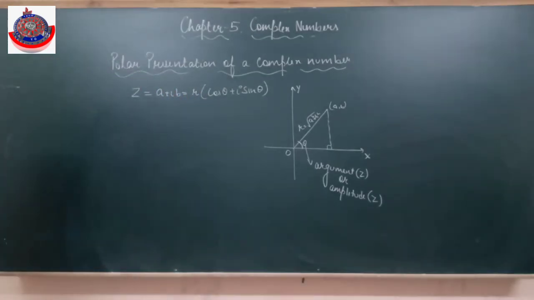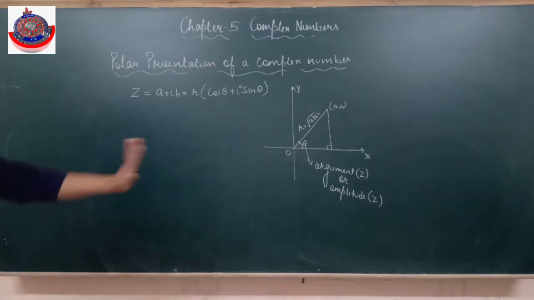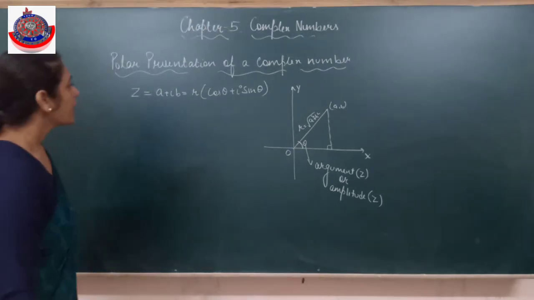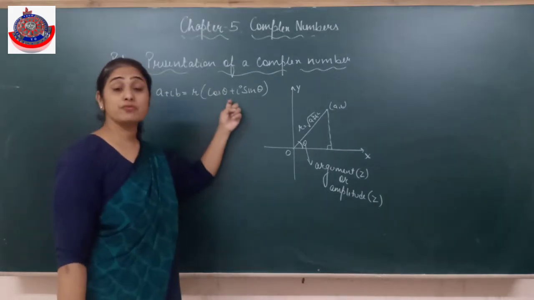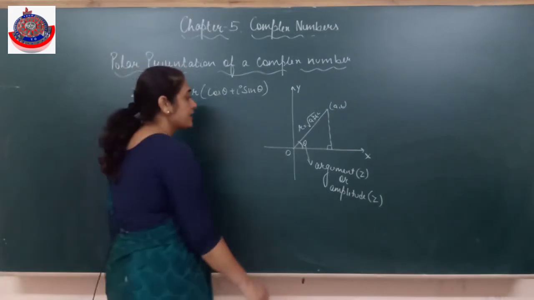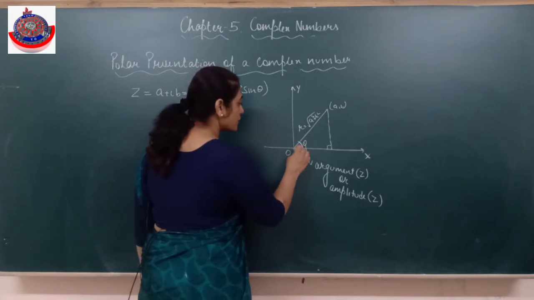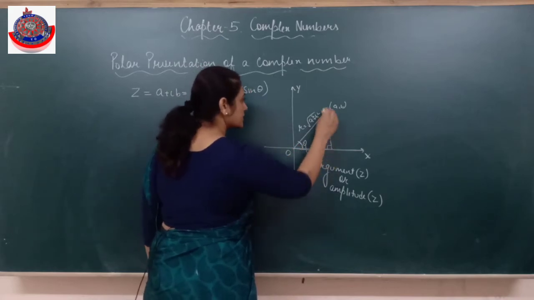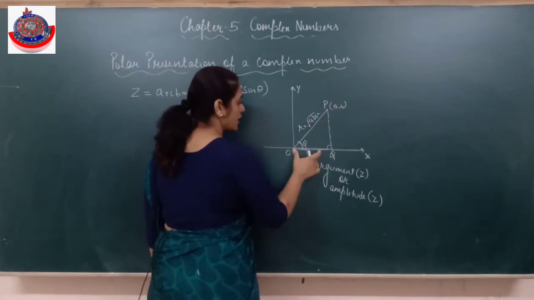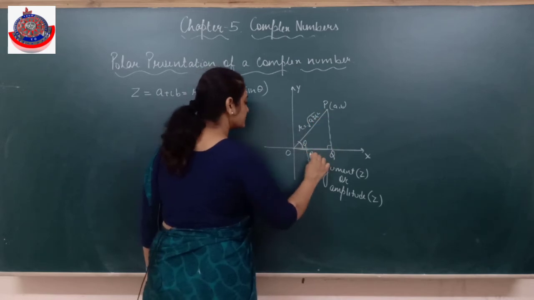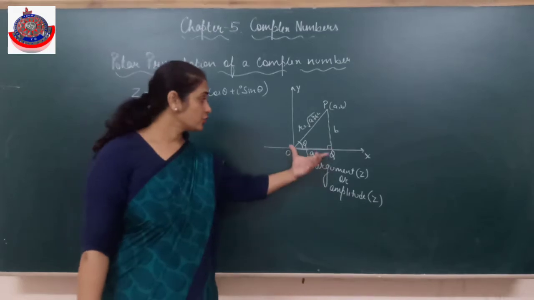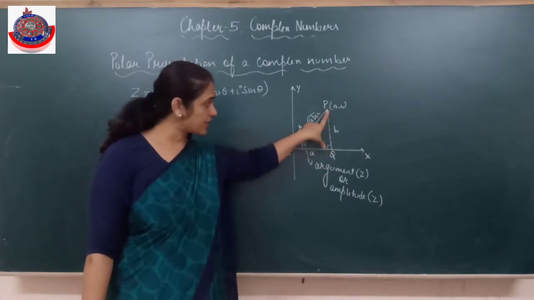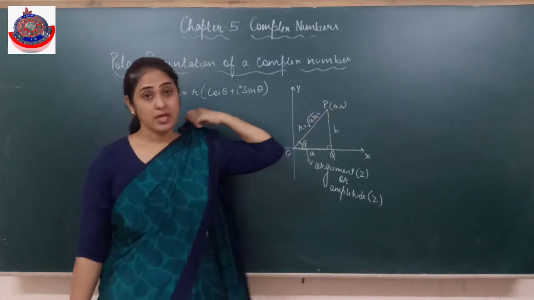Here this theta is called the argument of a complex number, or we say the amplitude of a complex number. That is the next topic after this. Now I have to convert this complex number a plus iota b into the form of sine and cos. Clear? This is r. Now this is what? Say this is P, this is Q, this is a, and this is b. तभी plot होता है ना, मुझे point plot करना है 2, 3. तो 2 देखेंगे x axis के ऊपर, 3 देखेंगे y axis पे, तो point हो गया 2, 3.